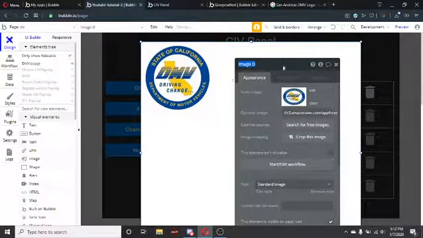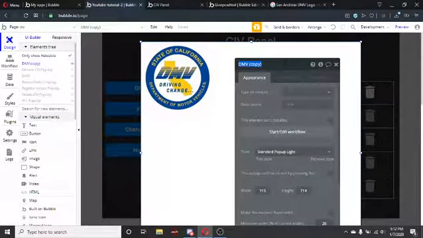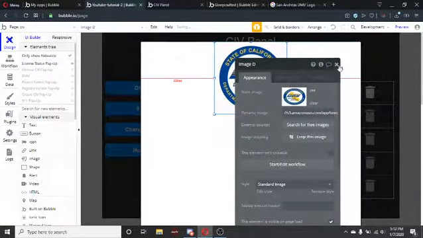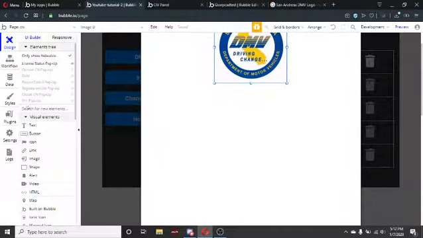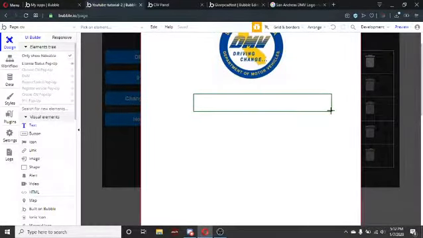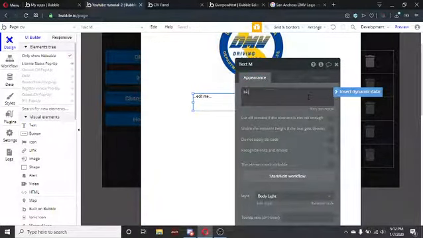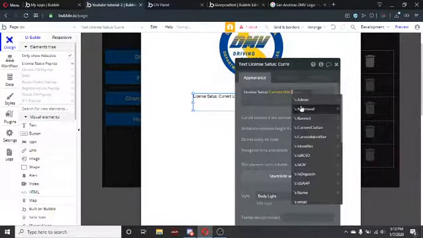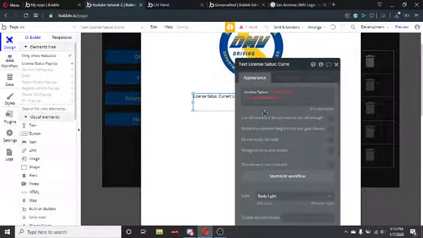I'm actually going to name, not the image, I'm going to name this license status popup. And I'm just going to center this. Center horizontally, and I'm just going to put here, your license status, and I spelled that wrong, and this is going to be current users, current civilian, and I need to go